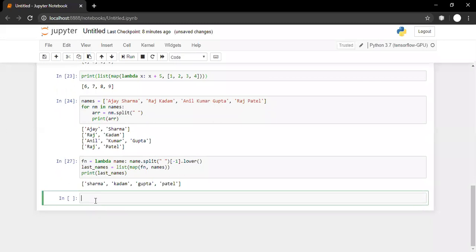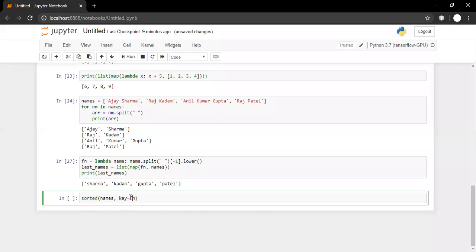So now we are calling the sorted function. Sorting means rearranging the values. So what are we supposed to do? We are supposed to rearrange the elements of the names list. But how? For that, use key is equal to fn. It means use the values returned by the fn function.